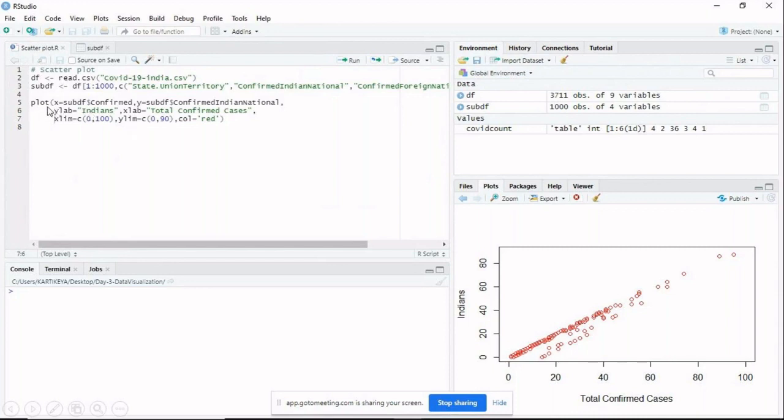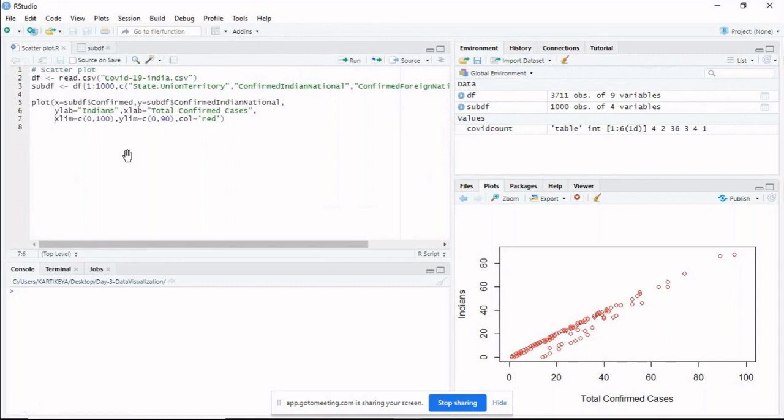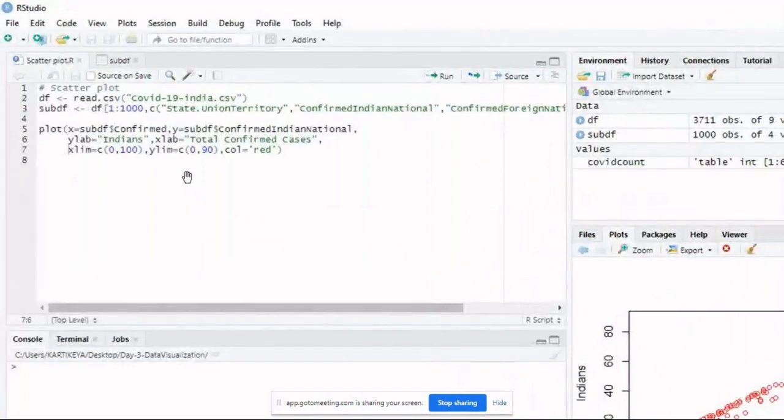So plot x is equal to your confirmed cases, and for y you want to take confirmed Indian nationals. The ylab I have given as Indians, and xlab is given as total confirmed cases. According to the number of values we have chosen, I have taken xlim as 100 and ylim as 90, and the color for your scatter plot points is red. So I am zooming in. Look at the command once again and try to type it in your browser.